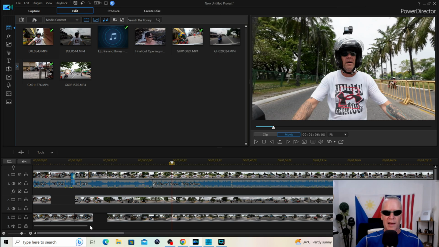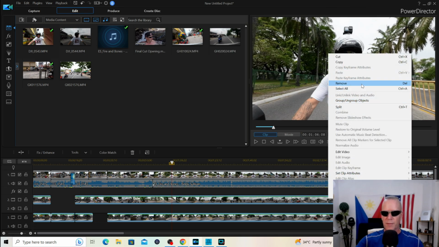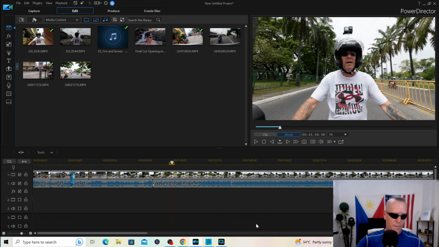You guys see that white line? All the way over. Pull it up. And then I right click and just hit remove. So I got rid of all those lines and all that stuff I've used, and everything is one final